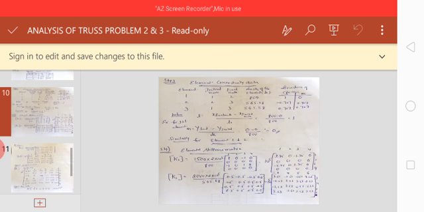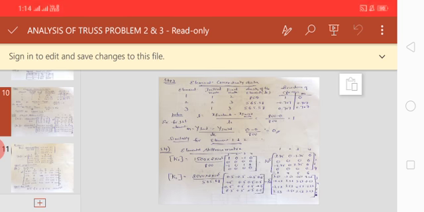Next you go for 3 cross 3. Here 3 cross 3 is situated in two matrices, K1 and K2. Be careful here that you need to add: 3 cross 3 is 3.75 plus, again, it is available as 3.53. If you add it you will get 7.28. Next you go for 4 cross 3. 4 cross 3 is available in both K1 and K2. In K1 matrix 4 cross 3 will be 0, but for the K2 matrix 4 cross 3 is equal to minus 3.53. Next 5 cross 3. 5 cross 3 is available in the K2 matrix, again minus 3.53.